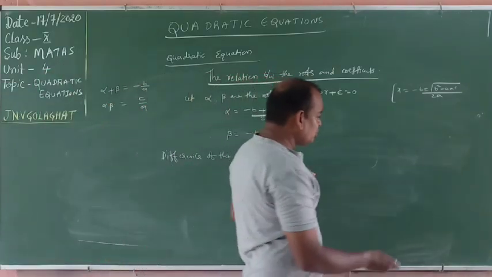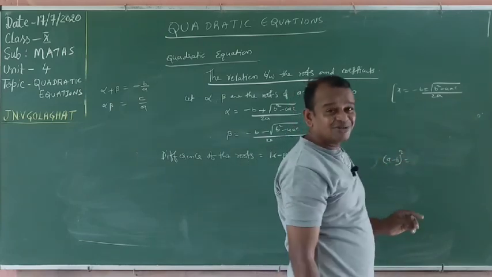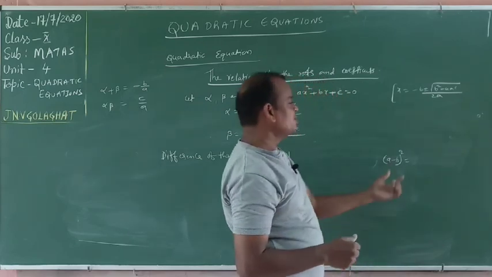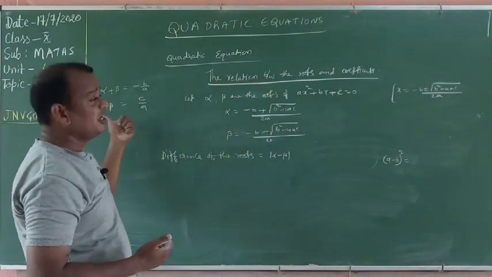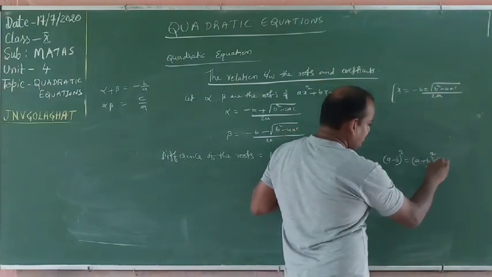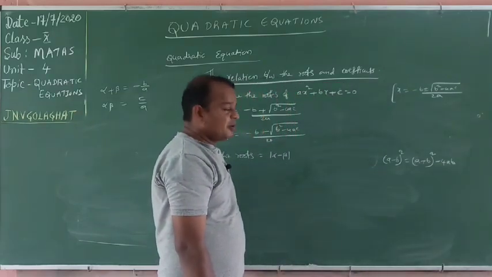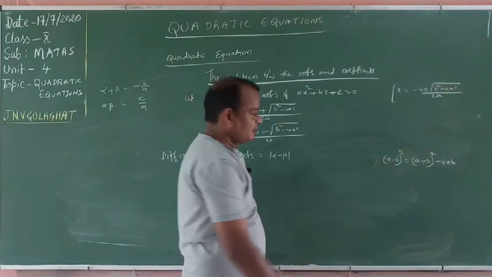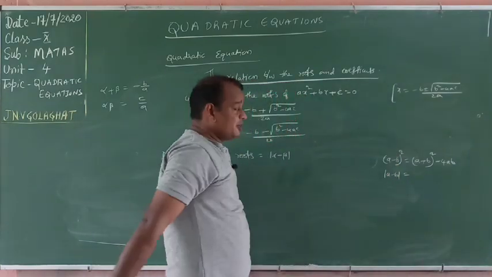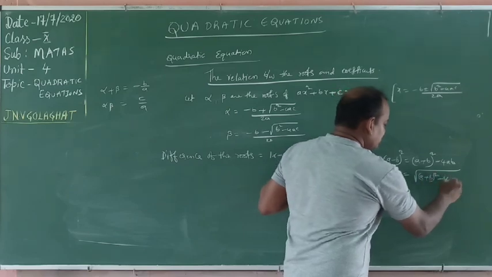How to write? Now we know the formula a minus b whole square, which is a square minus 2ab plus b square. Okay, that is one formula, no problem at all. But we will write a minus b whole square in terms of a plus b and a into b. a minus b whole square is nothing but a plus b whole square minus 4ab. 100% right. Now a minus b is equal to the modulus, actually plus or minus shifted into modulus, that is equal to root over a plus b whole square minus 4ab.